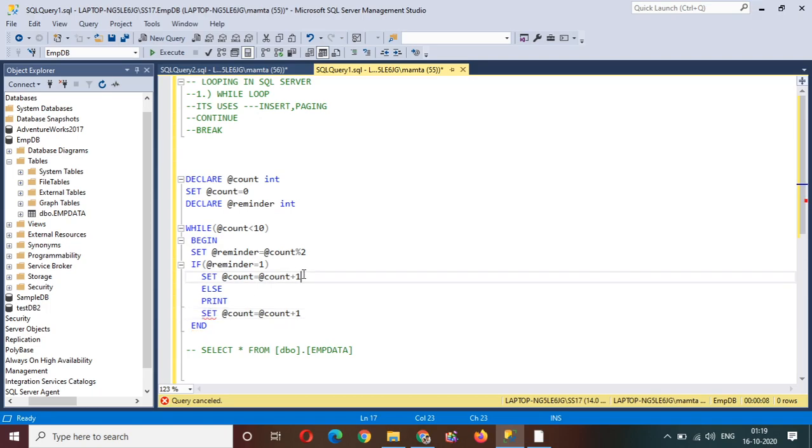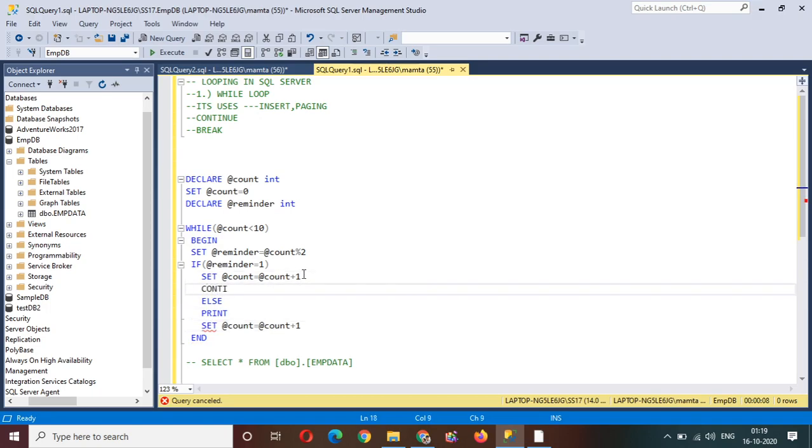In this case we need to make it continue, so that the control goes back to the start of the loop. Sorry, print count. Here we need to print the value.